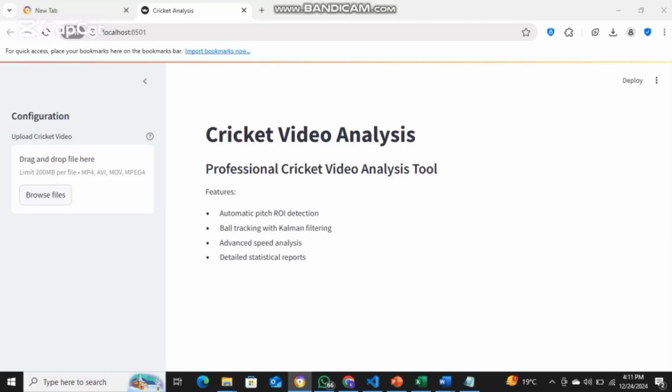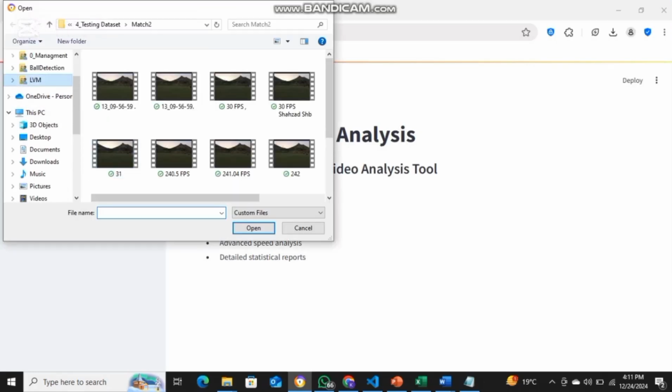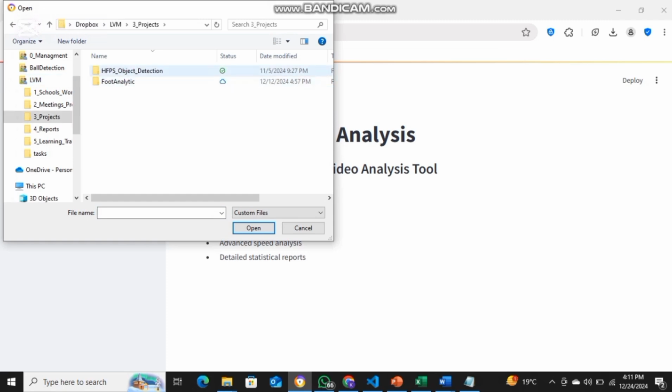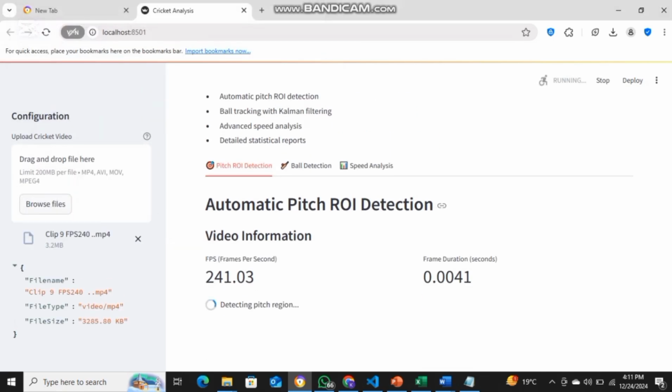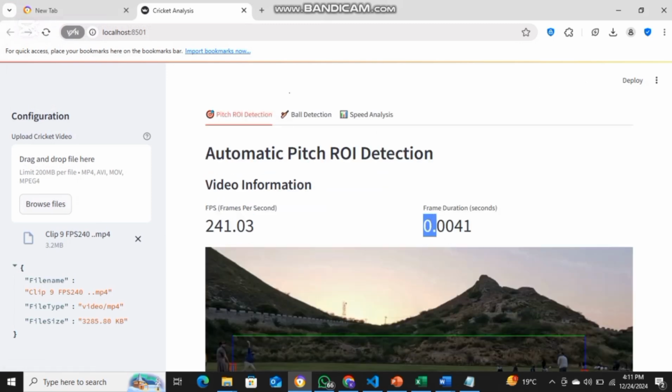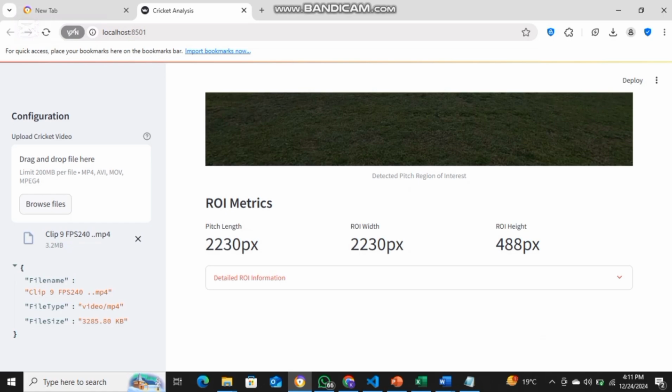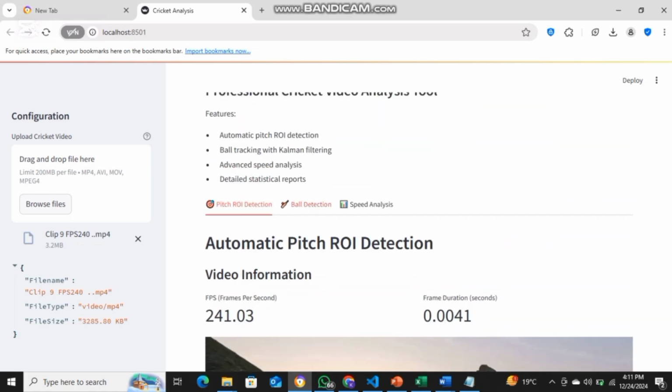Hello everyone, today I am going to introduce our innovative project, which is the ball speed analyzer system. This system is designed to measure the accurate speed of a ball in real time. So first we have to upload a video. It will automatically detect the pitch region of interest and show which video is